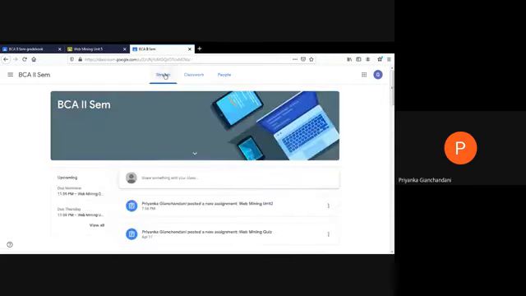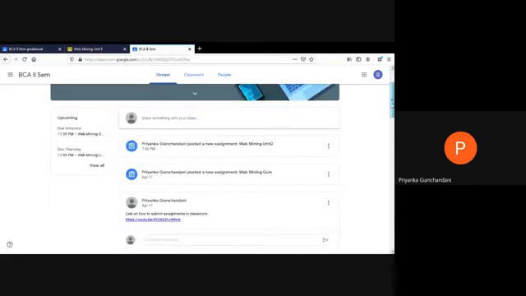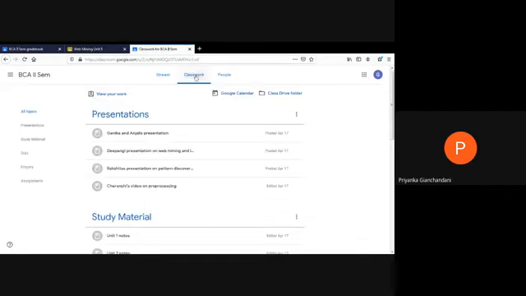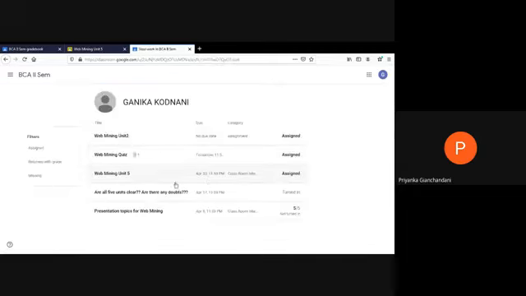So if I move on to the stream, if you see over here, see, Priyanka Gyanchandani posted a new assignment. So the assignment I just now created is now available on the students' window, right? This is another assignment that I had shared with the students, so that is available for her. Plus, this is the work that has been shared by her. So if you see, I had given her marks 5 out of 5, right? So these marks are now visible to her.